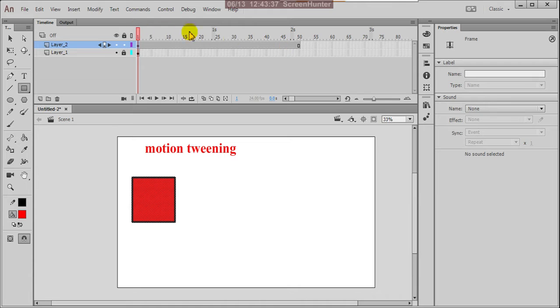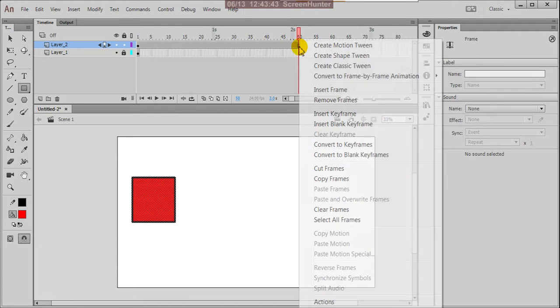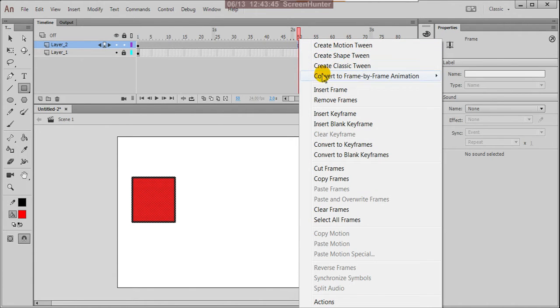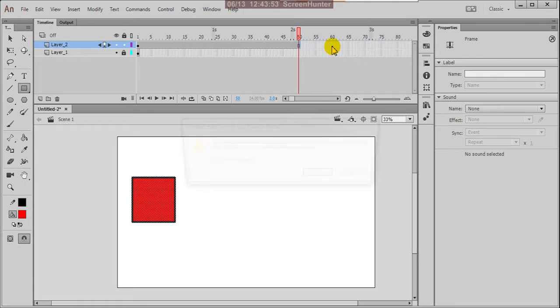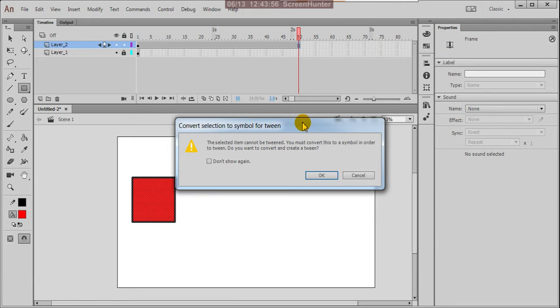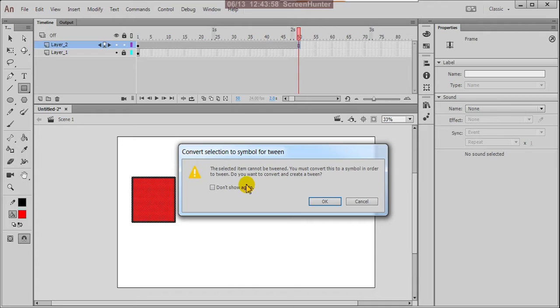So how to create it? First click here, then right click, and in this category click create motion tween. When you click on that, it asks: the selected item cannot be tweened.